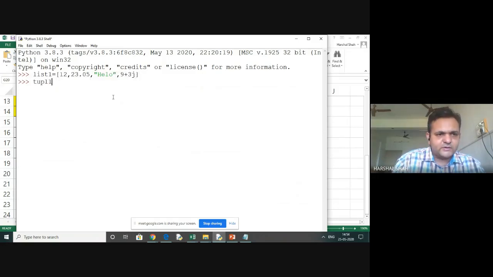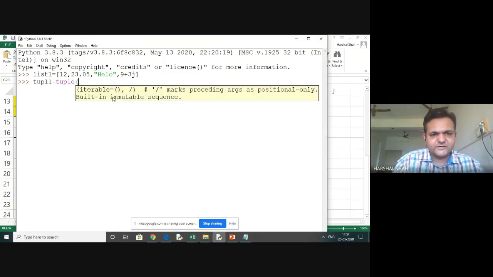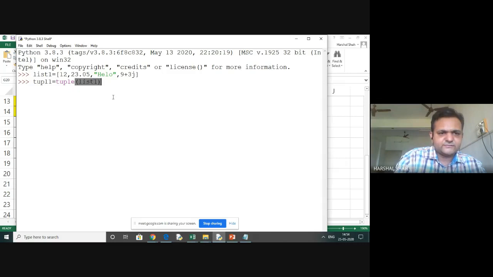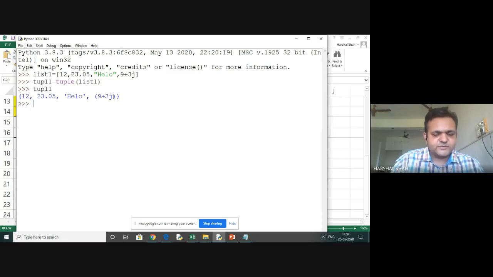My tuple one, I will make this tuple as a function. Remember this, and I'll pass it the iterable here. A list is iterable, a string is iterable. So I can make it this way: my list, so this will make my tuple also from the same objects.